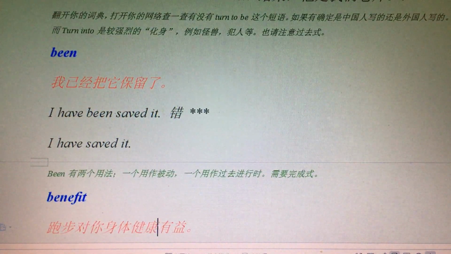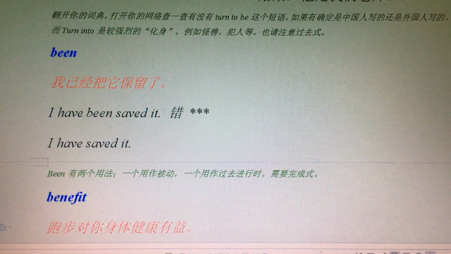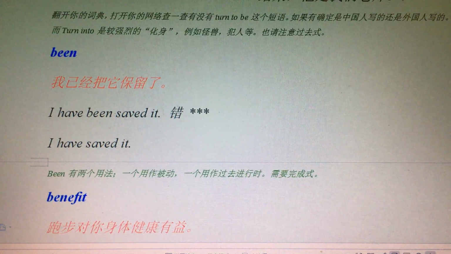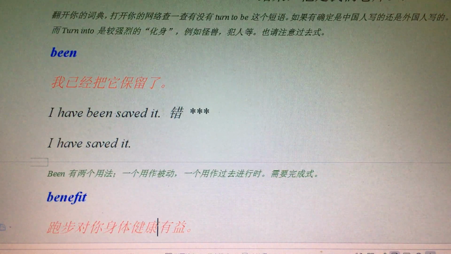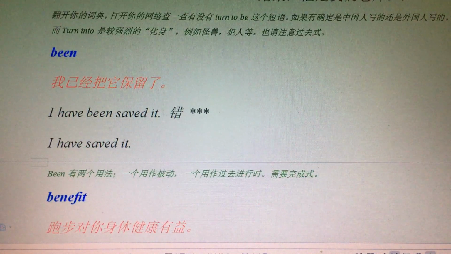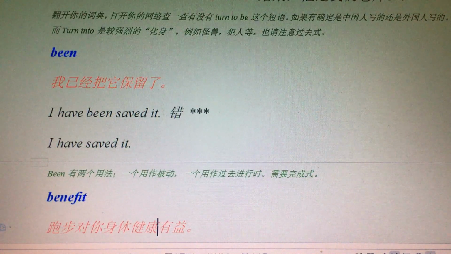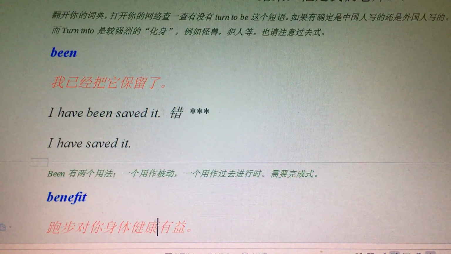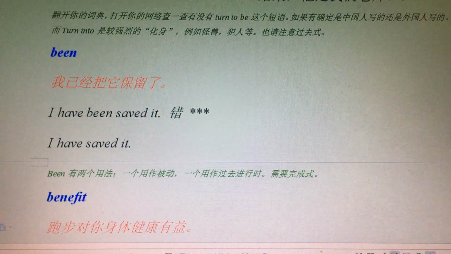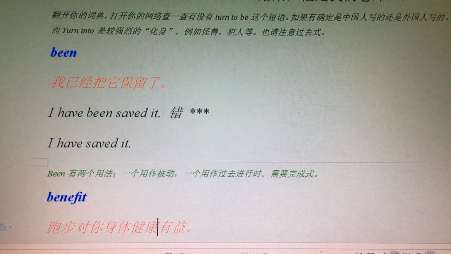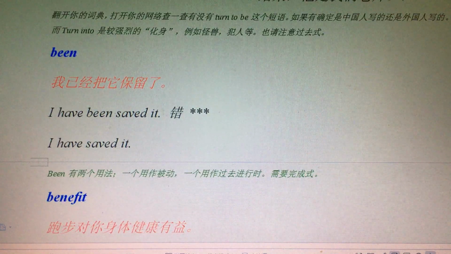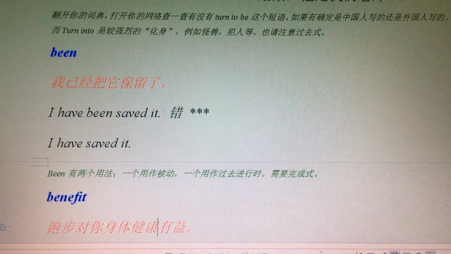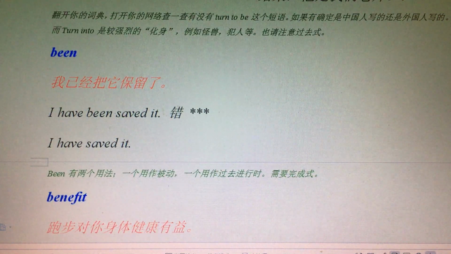And the next one, "been." "I have been saved it." So a lot of students throw in the extra "been," but if you do that, this becomes passive. Passive tense. 被动的. So you don't want to do that because 不是你自己被留. "I have been saved it." And then you say "it." It's really weird with the "it" at the end. 有一种内在矛盾. So you can't have "it" and "been saved." So, "I have saved it." "I have been there," that's okay.